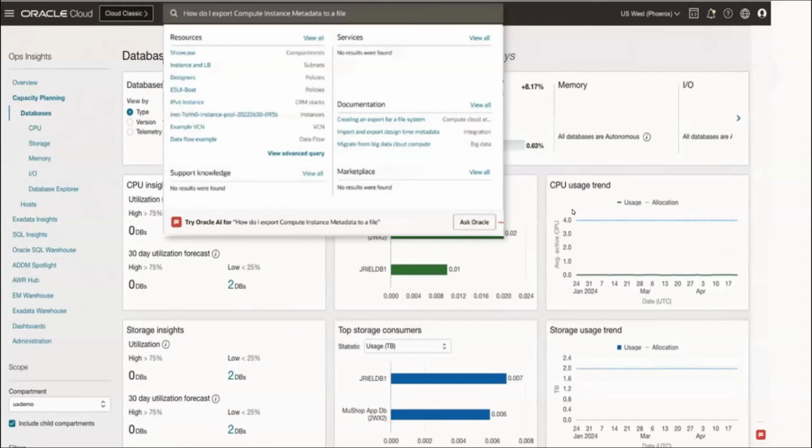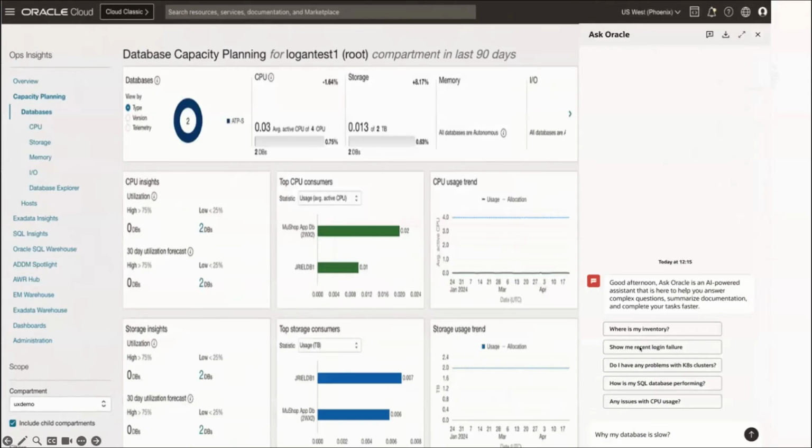Okay, so this is what we are envisioning. Essentially, we are within an observability management service right now, in the background, that's what you can see. On the top, we have this whole concept of, think of it as a GenAI agent, which is known as Ask Oracle. A customer or user can come in and ask questions around, for example, why my database is slow, right? So when it types over there, a window pops up on the right-hand side on that agent.